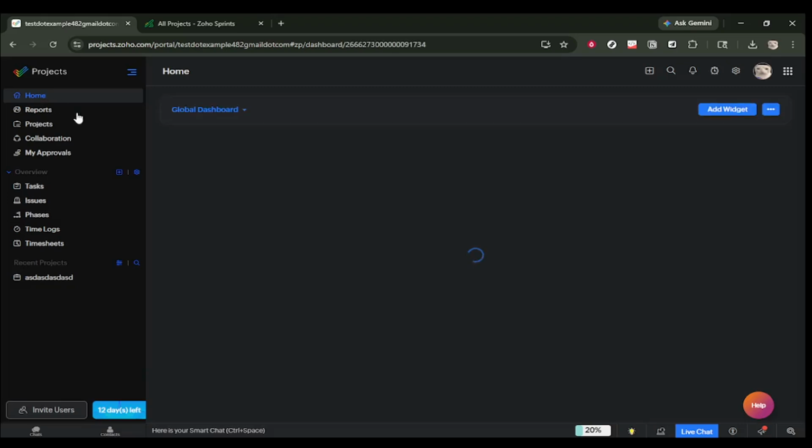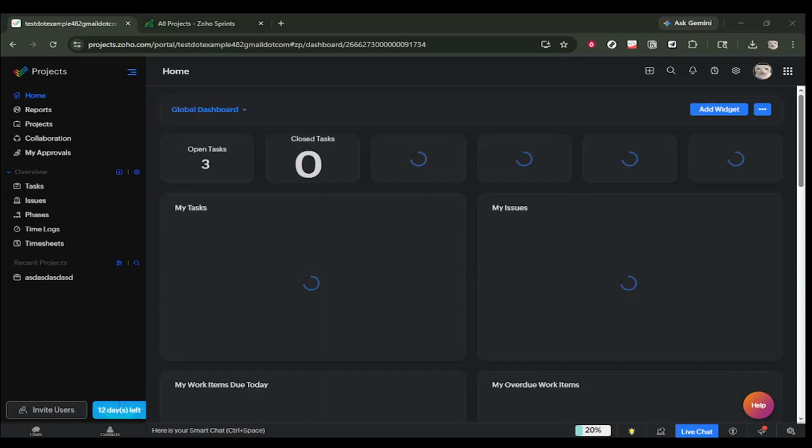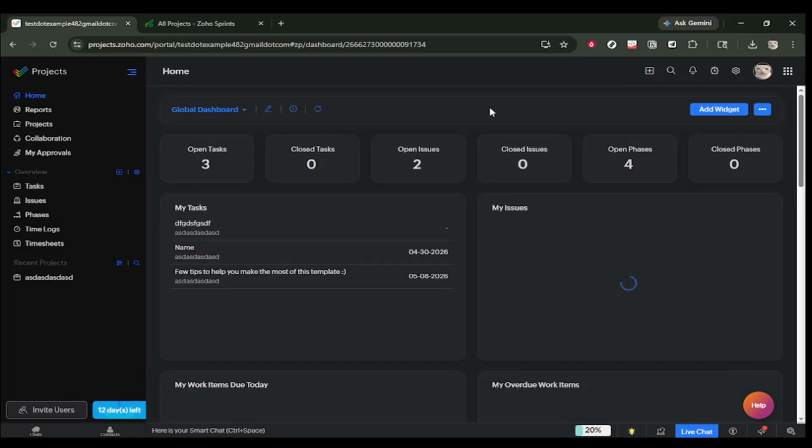In today's video, I am going to teach you how to connect Zoho People with Zoho Projects. To begin, open Zoho Projects in your web browser and make sure you are on the main home or dashboard area for your portal. This is the central place where you can access your projects, reports, and settings. If you are not already signed in, sign in with your Zoho account first, then return to the Zoho Projects